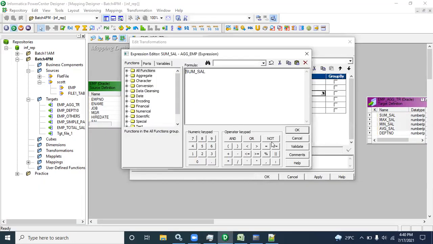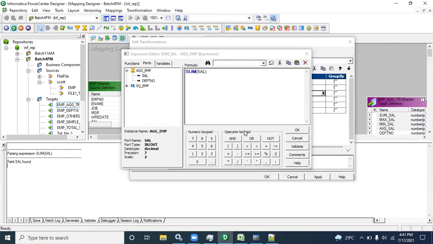In the same manner here, Informatica gives those functions. See, go to aggregate function. Here you can give average, count, first, last, max, median, mean, everything. So here you can give directly. You can select sum, and from ports you can select sal. That's it. Like this, click on validate, sum of sal.